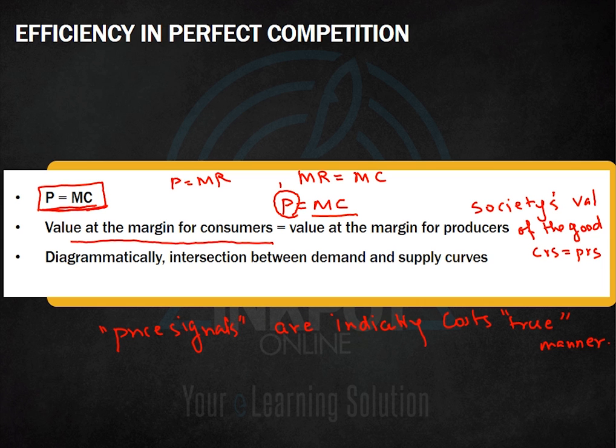So whatever is the valuation of that last unit that is being sold for the producers in the form of the cost, that is exactly the price that is being paid by the consumers for that unit. As a result, what we see is that